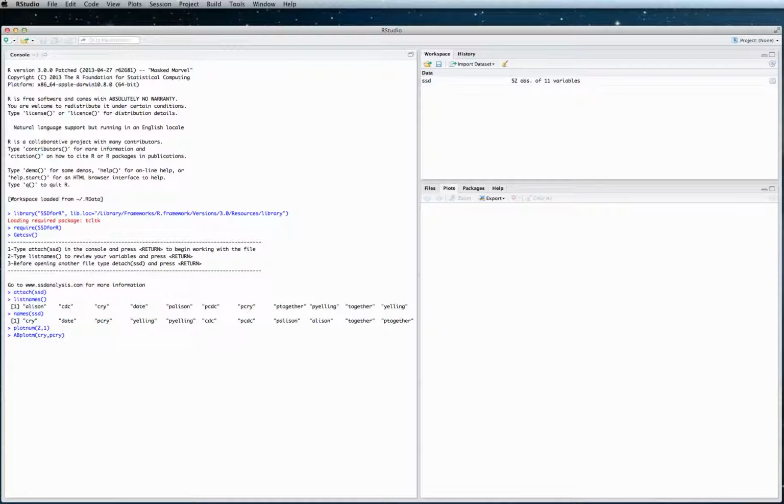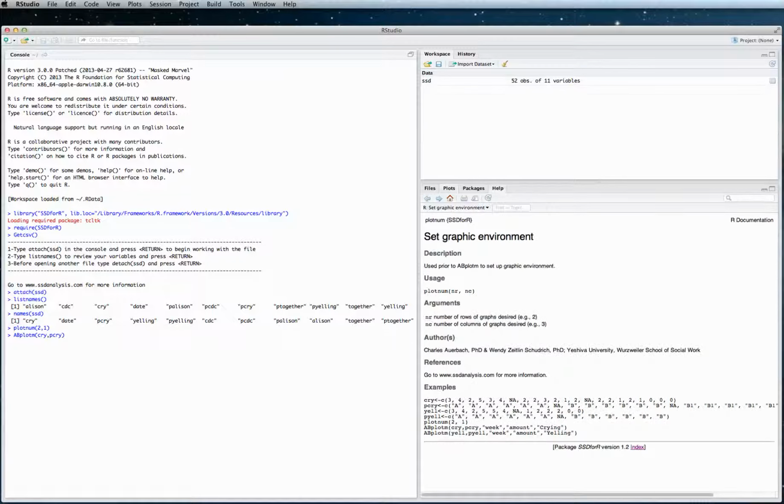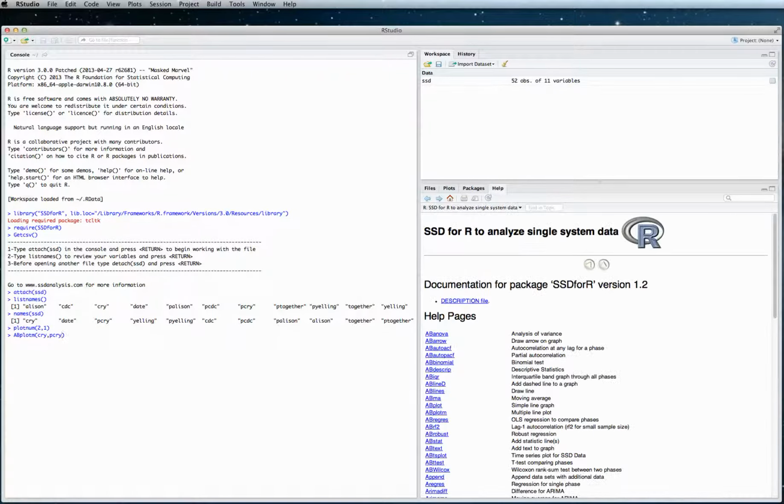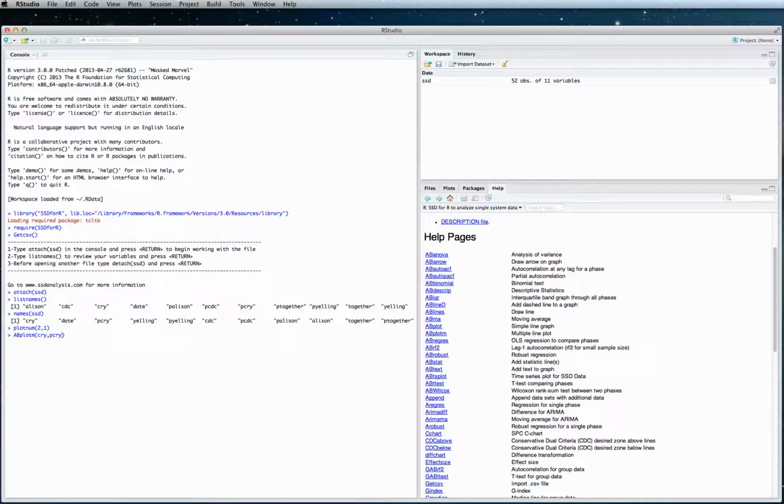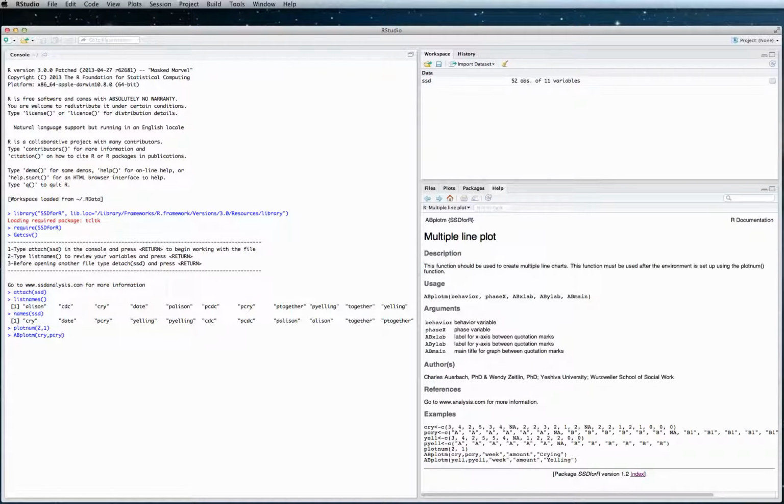And maybe it'll be helpful to take a look at the help file. So I'm going to click on help as we begin to build this, and then index, and ab plot m is our command, and it defines exactly what each one of the arguments are. And the next argument would be the x label, so we're going to define that as days. Notice there's a comma after each one of the arguments, and so I'm going to type between quotation marks days. And the y-axis, I'm just going to put in amount,